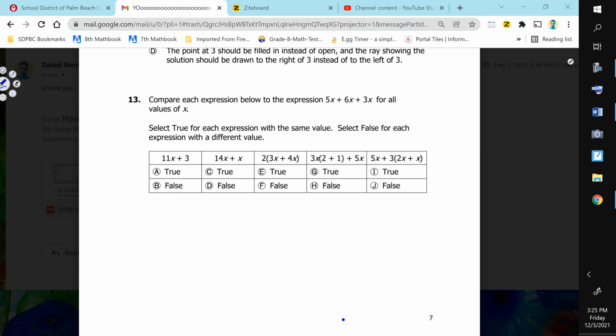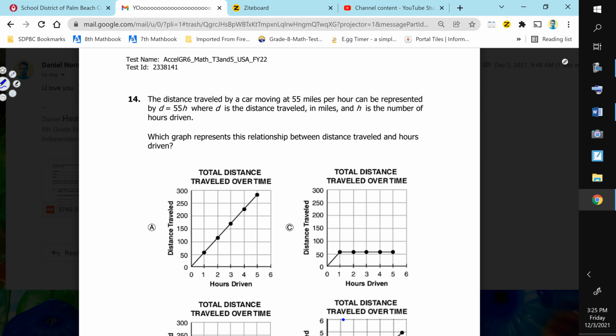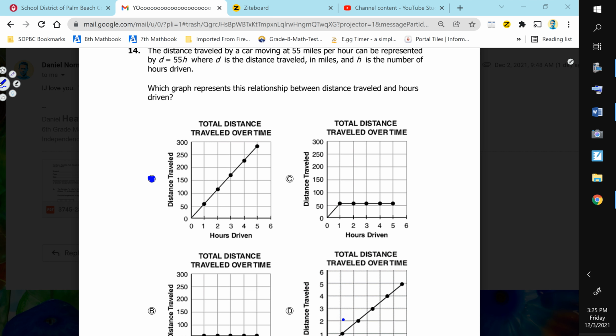And then the last one, you want the graph that shows you going 55 miles per hour. So that's every hour you're increasing by 55 miles. This is the only one. Excuse me. That's the only one that makes sense. That's the answer,